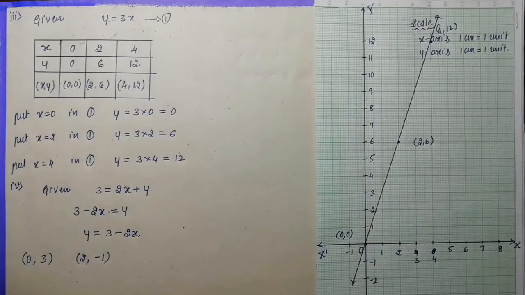In the same sense, I'm going to put one negative number for you. I'm going to put x is equal to minus 2. If you put x is equal to minus 2, minus 2 into minus 2 becomes 4, and 4 plus 3 becomes 7. So for minus 2, y becomes 7. I think 3 points will be enough. If you mark these points and draw the line, that completes the solution of the fourth one, and it is an exercise for you.